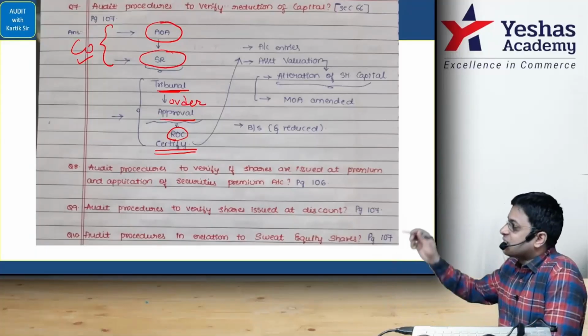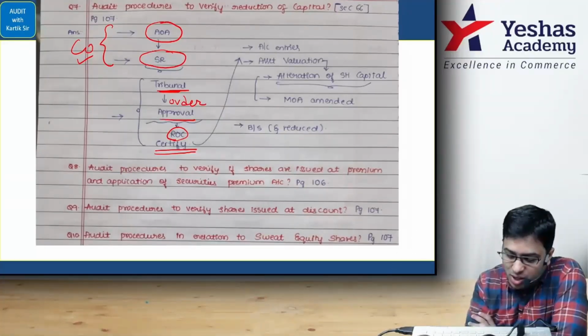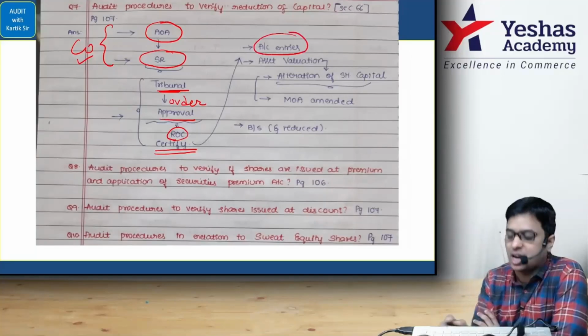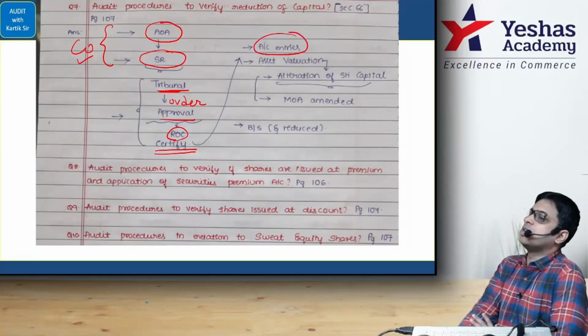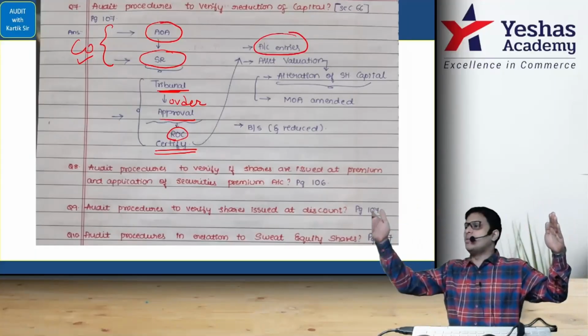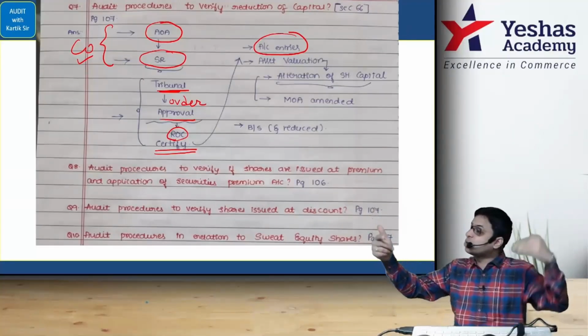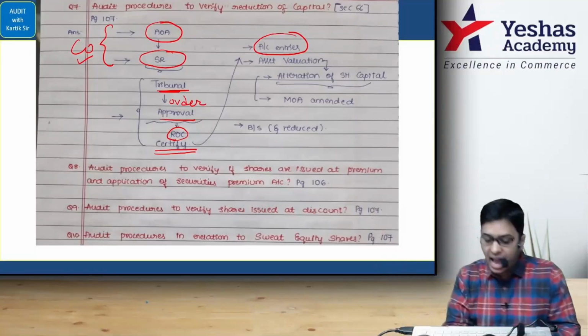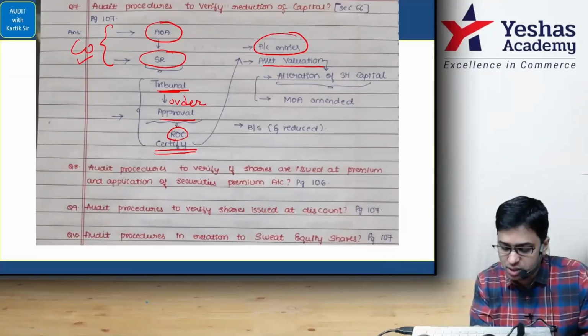So when the ROC gives a certificate, my dear students, only now can you pass the accounting entry. Now tell me, what will you change? You are changing the balance sheet. Look here, you will change the asset side and the liability side. The debtors go down in value from 7 lakhs to 2 lakhs, so you are changing the asset valuation.